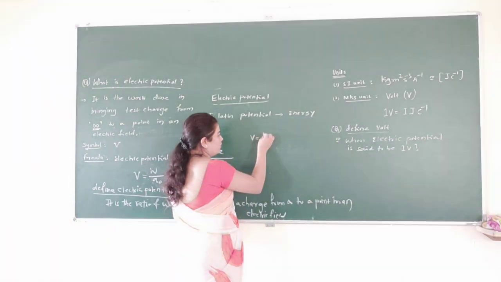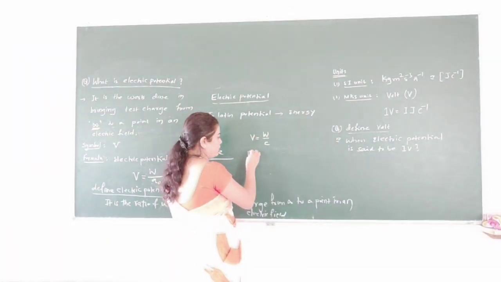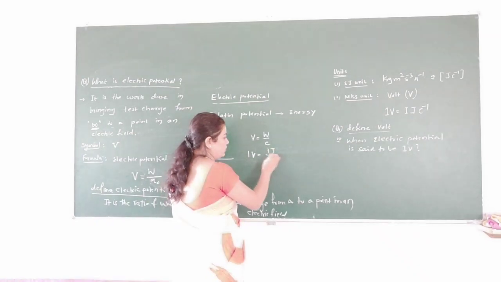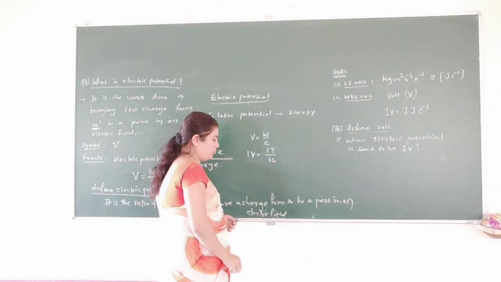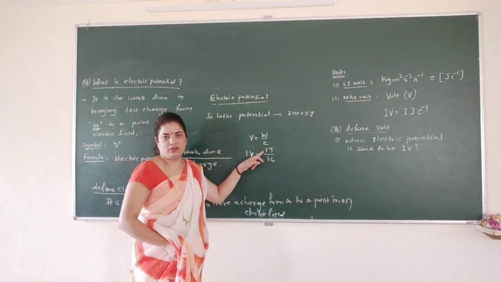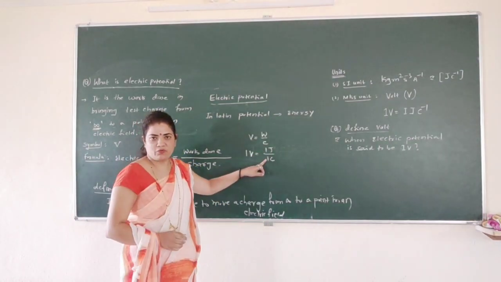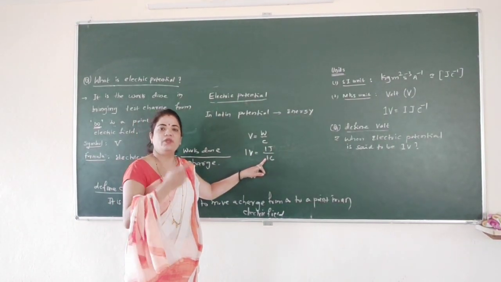V equal to W divided by Q. For 1 volt, 1 joule, 1 coulomb. If we do 1 joule of work in bringing 1 coulomb of charge from infinity to a point in an electric field,